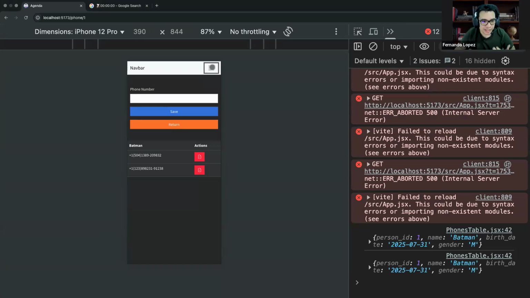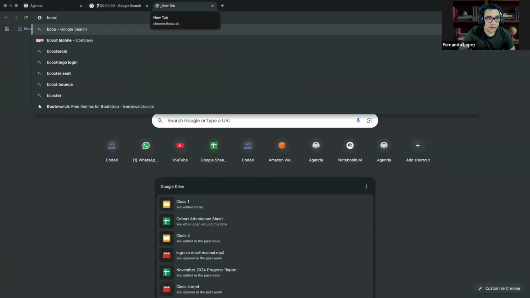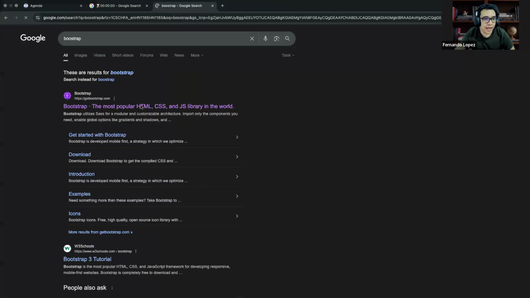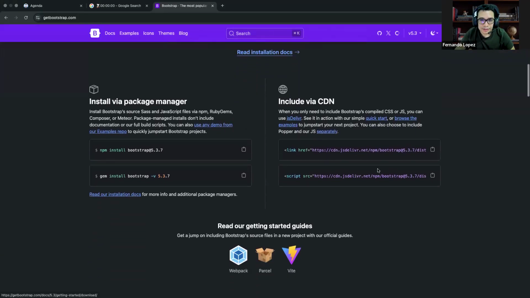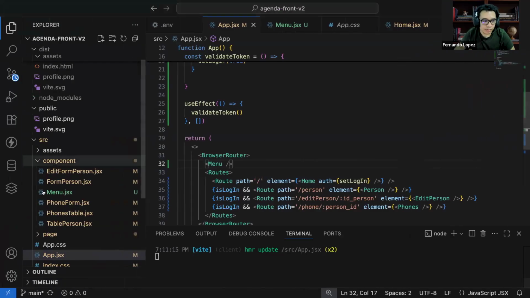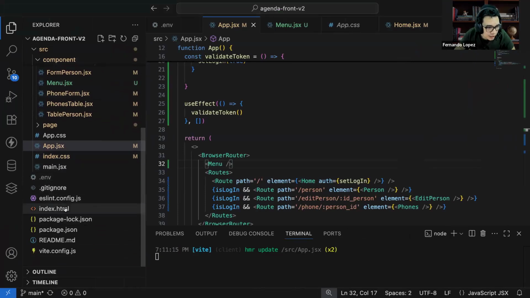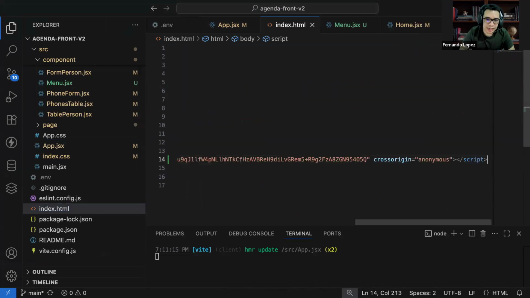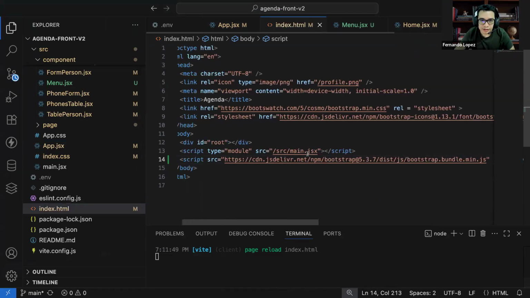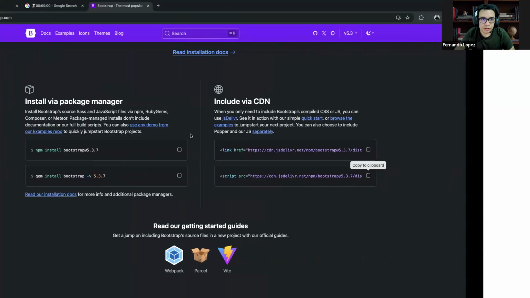Now, this button needs to work. It is not working because I need to import the Bootstrap JavaScript file. So how can I import it? Let's go to Bootstrap. And here, there is this link that I didn't copy. So I'm going to copy it and I'm going to put this in the index.html. And I will leave it as the last script that I have here. Yeah, and this is going to enable